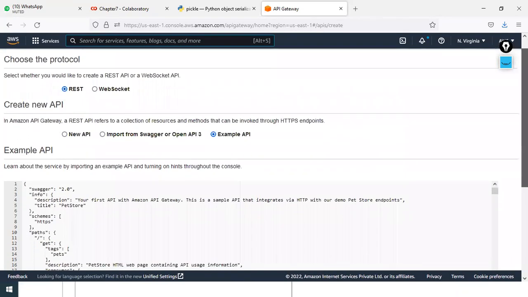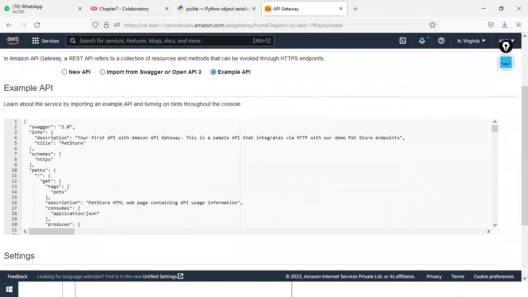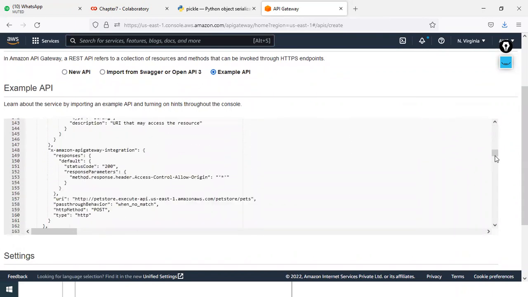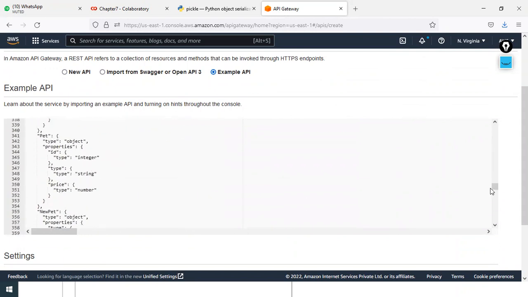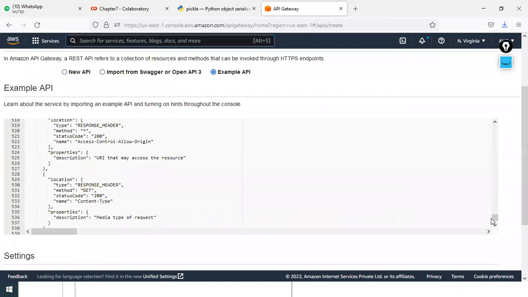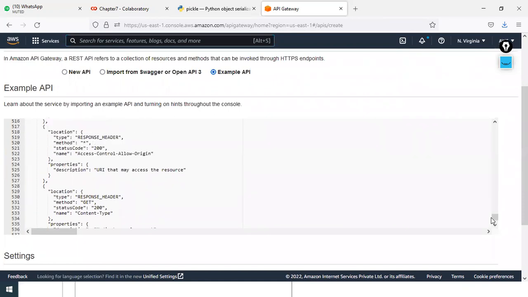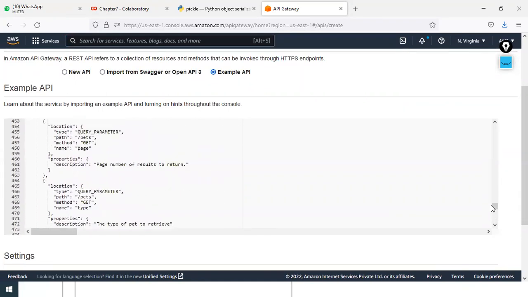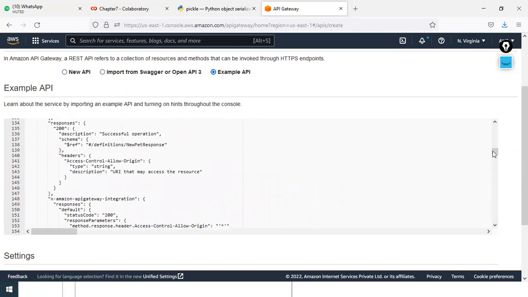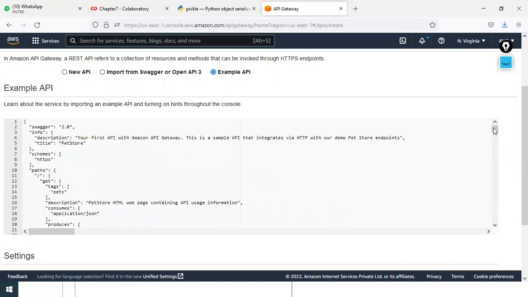You can see when I say I want to create the API, there is some coding by default over here. Can you see the code? Can you see the number of lines of code? Whatever we are discussing will help you here. And whenever you see this kind of code, no worry.